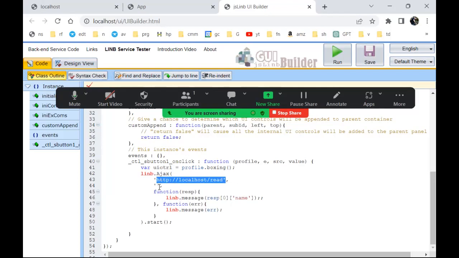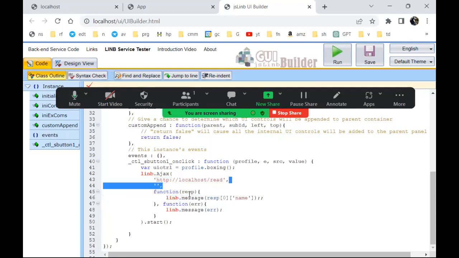And there is an empty string here. This is any payload that we want to send along to that URL. This is the GET request. We can also send POST requests and so on, but in this case, we're just going to send a GET request with no payload. If we were, for example, going to add a question mark and a name and a value for the name, we're not going to do any of that. We're just reading. All we want to do is go to this URL